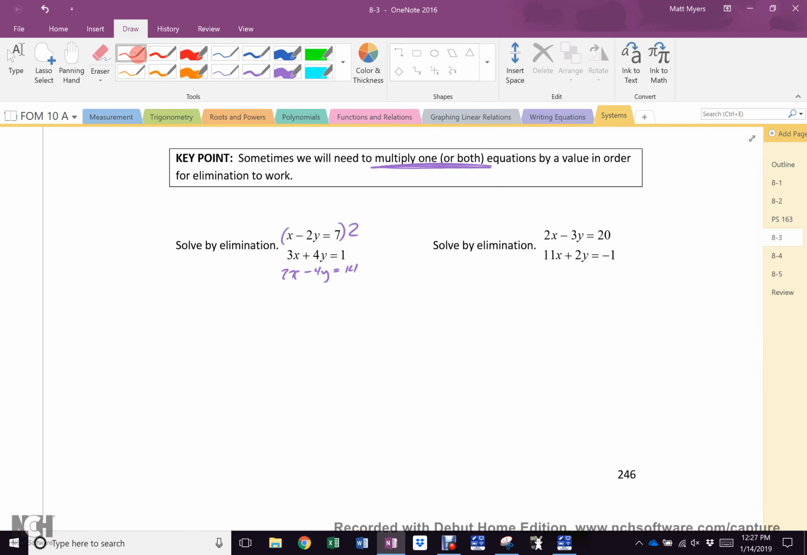What if I multiplied this guy by -3? What would I get? -3x plus 6y equals -21, which would allow me, if I wanted to get rid of the x's, I could. Is there a right or a wrong way? No. So, you do whichever way you want, but don't start yet,